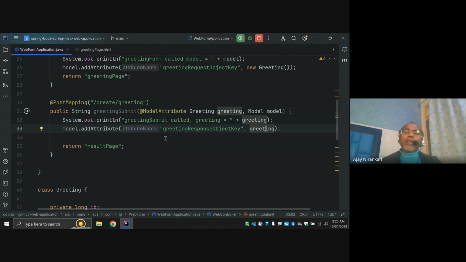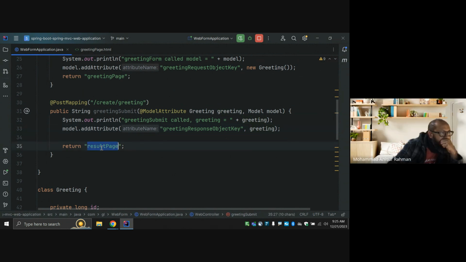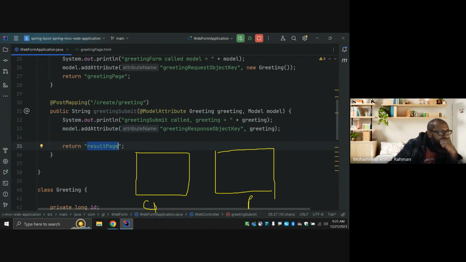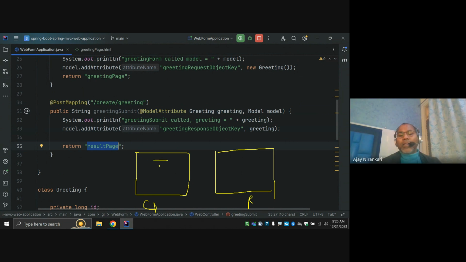So the question is, whatever the user passes as input, I want it in the next page. I create a result page. This is our first page, the greeting page, and this is my second page, the result page. Here I pass three values: your ID, message, message type, and the submit button, right? He passed this value, this value, this value. And whenever I